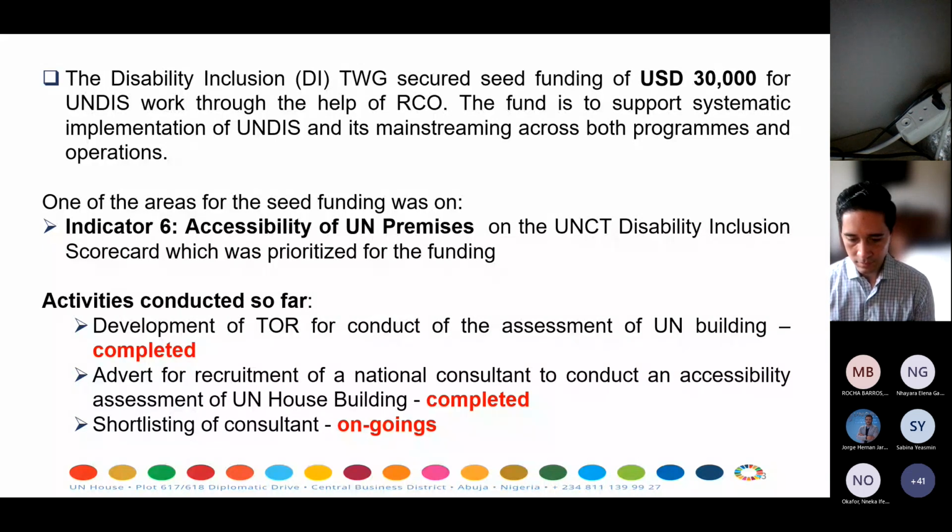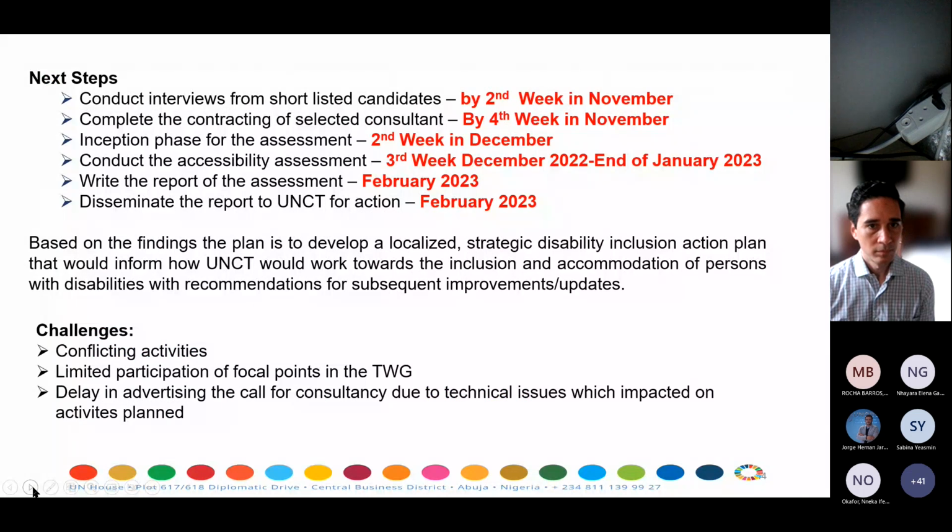So the adverts were placed, and we already have the responses. What we are currently doing now is shortlisting the consultants, those people that responded to the adverts. Based on this shortlisting, we'll have interaction with the people that we consider can do the work.